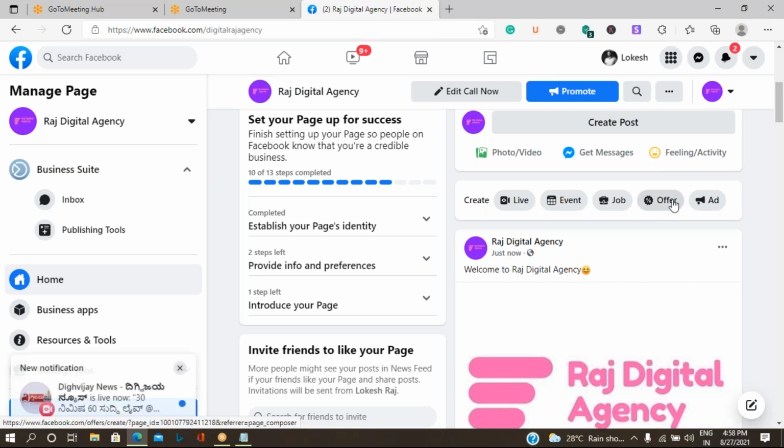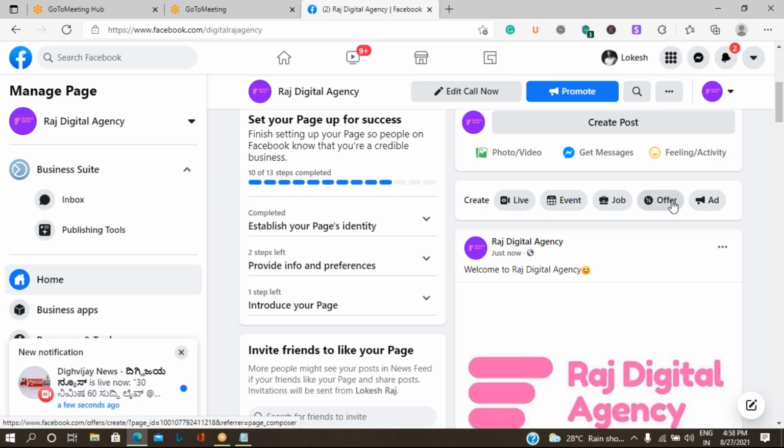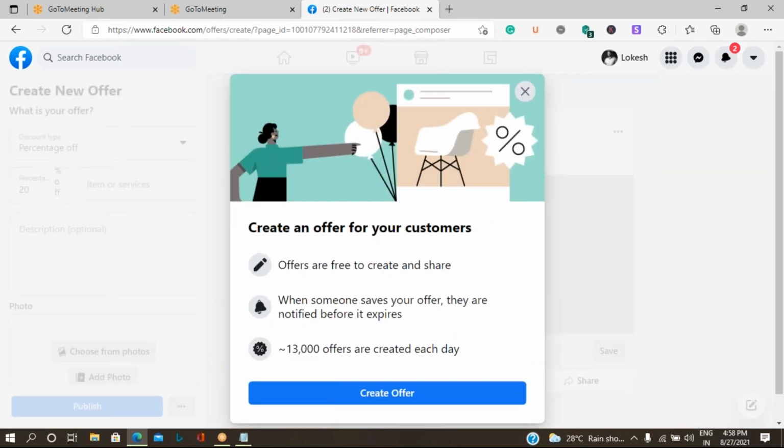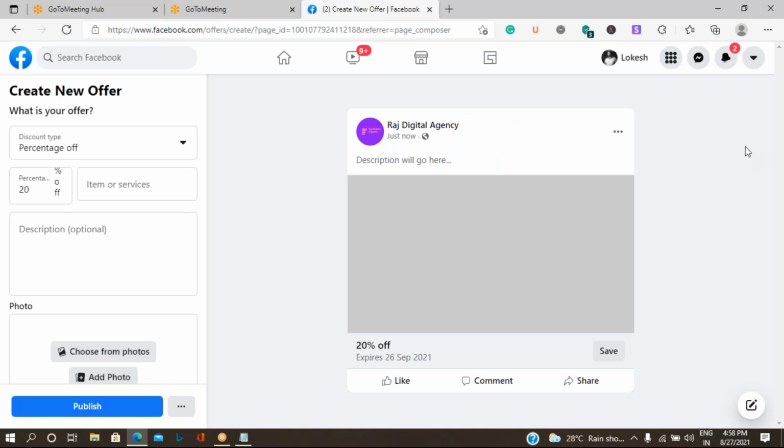is offer post. So when do we create the offer post? When we, the company, are going to run any kind of offers. So it's not only that you are going to add text or image, you can also add further more information. For that, they have given a separate template. So we can click on the offer post option, and this is the screen which appears.